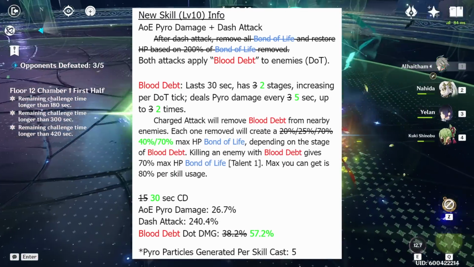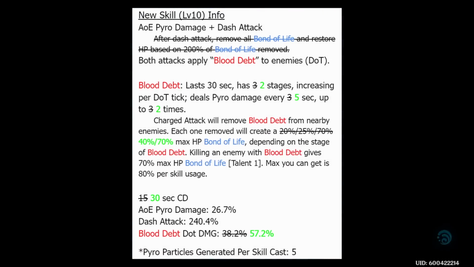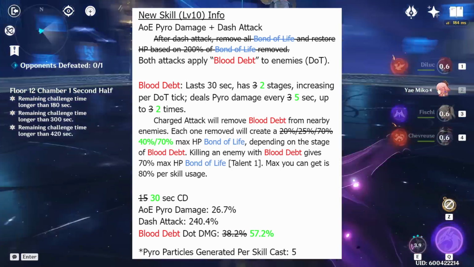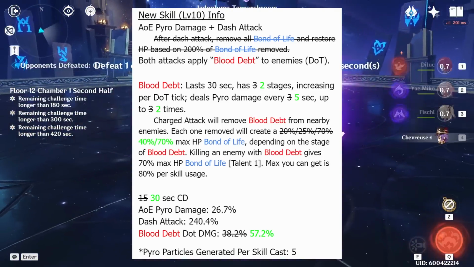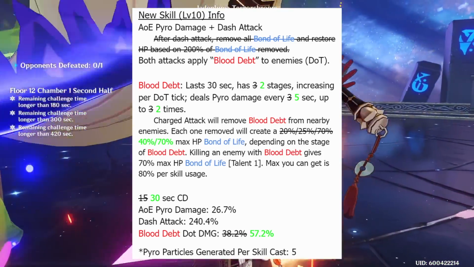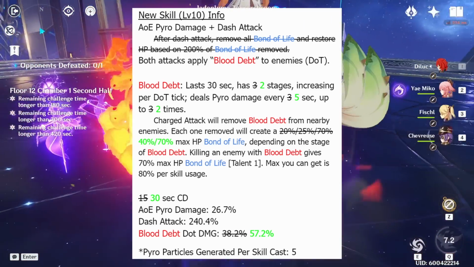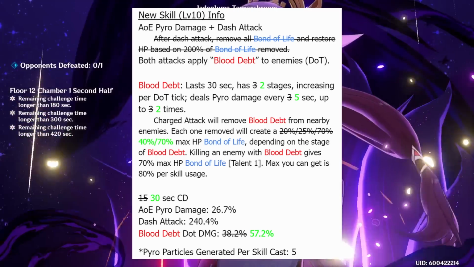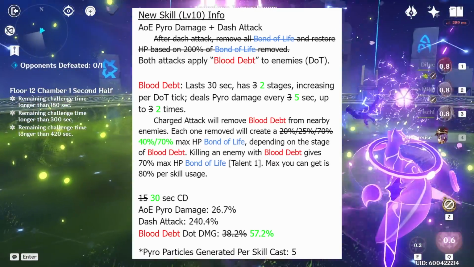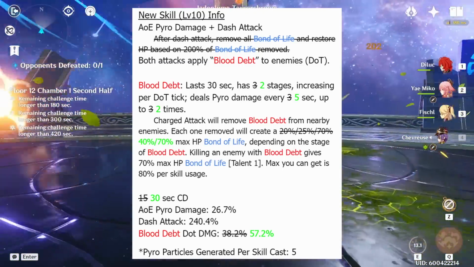Her skill no longer provides any healing. In addition, the mechanics have overall been simplified. Instead of Blood Debt having 3 stages, each 3 seconds long and having their own Bond of Life value, it has been simplified to 2 stages. Simply put, if you charge attack immediately, you'll get 40% bond, but if you wait 5 seconds for the Blood Debt to upgrade, you'll get 70% bond. The Blood Debt dot damage itself was slightly buffed. Also, we now know her skill grants 5 pyro particles on cast. However, the most important change is that the skill cooldown has doubled to 30 seconds. This seems to be a significant nerf, even if her enhanced normal attacks reduce its cooldown,